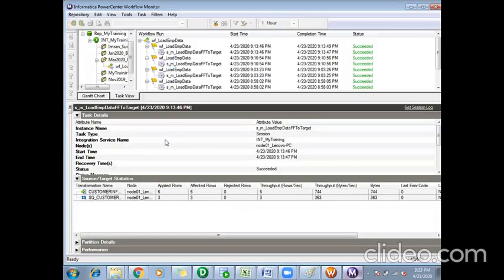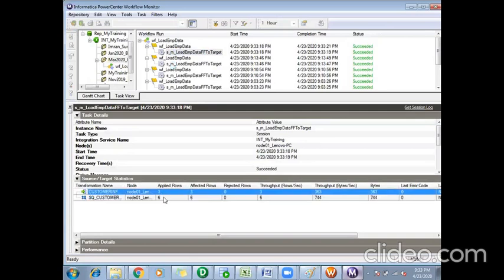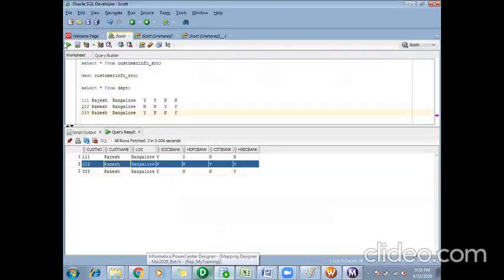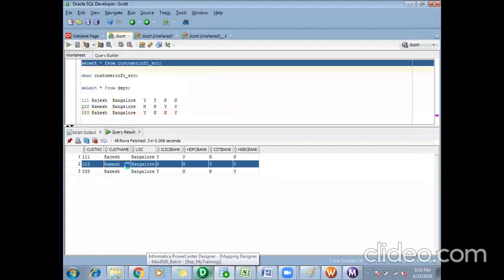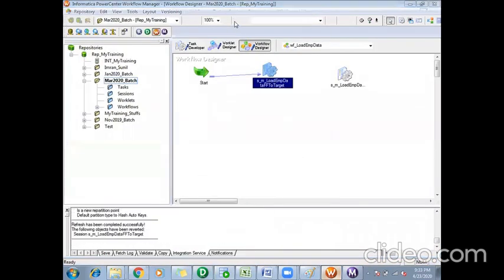It's running. So now it took 6 records from my source and it has converted them into 3. The reverse case. So now if I check my target, this one is my target. Again, I need to truncate the data before loading.